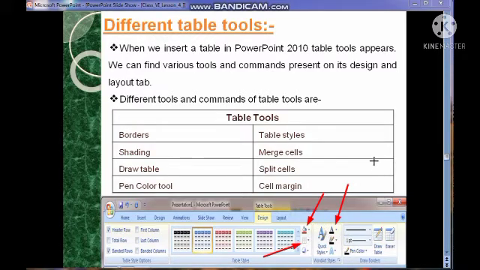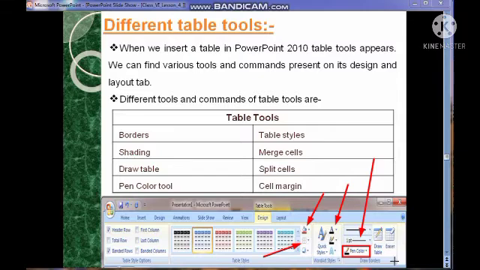If we want to change the width of the border, then we can choose this one. But if we want to change the color of the border, then we can choose this pen color tool. I explained this also in the theory classes. So the pen color tool is used to change the border color also.